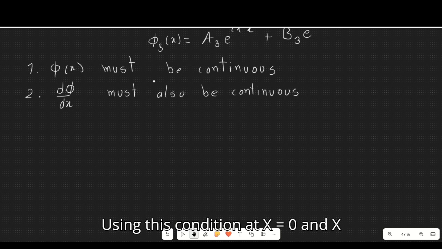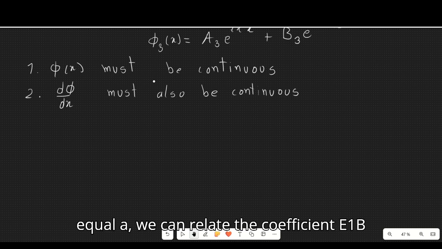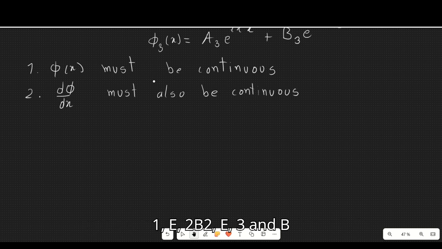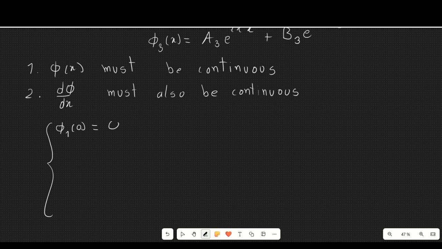Using these conditions at x equals 0 and x equals a, we can relate the coefficients a1, b1, a2, b2, a3, and b3. So the continuity of phi and the derivative of phi imply this system of equations. phi1 at 0 equals phi2 at 0. And then